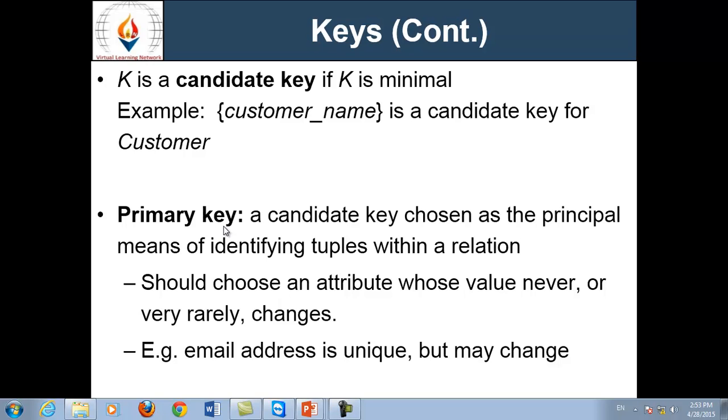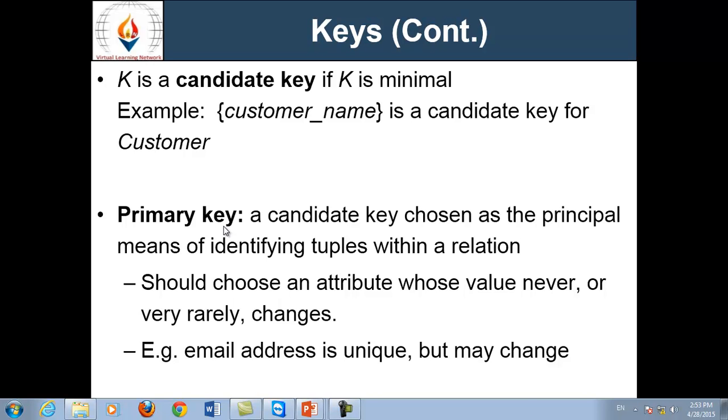Now what is candidate key? Candidate means all the keys which can serve as primary key are known as candidate keys. For example, if we have a students table, and in that database we have student roll number, student name, student contact number, address, and so on.